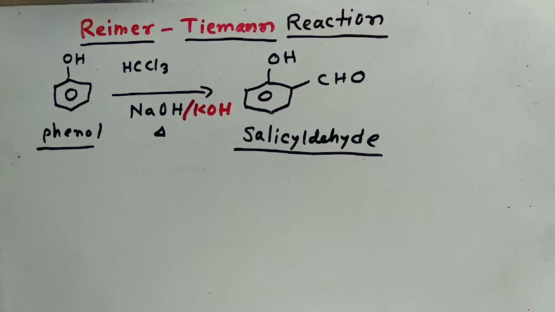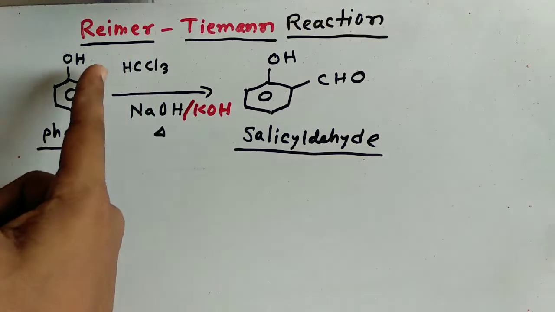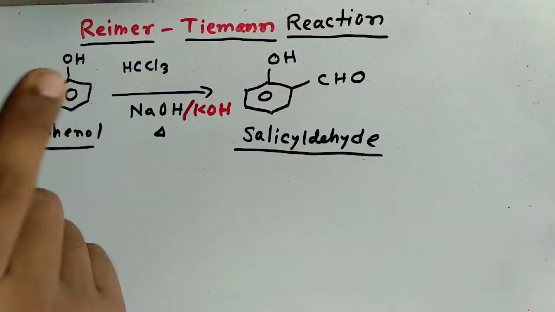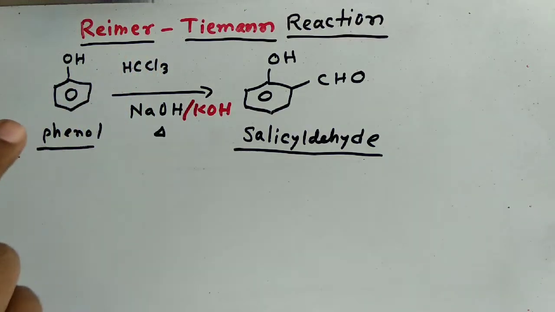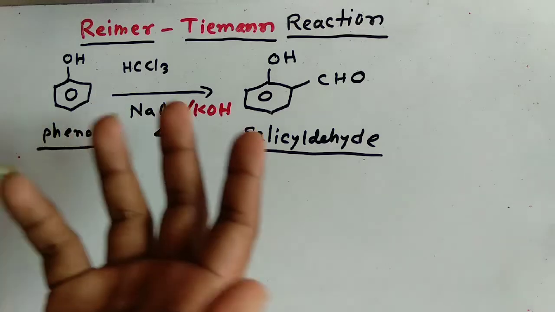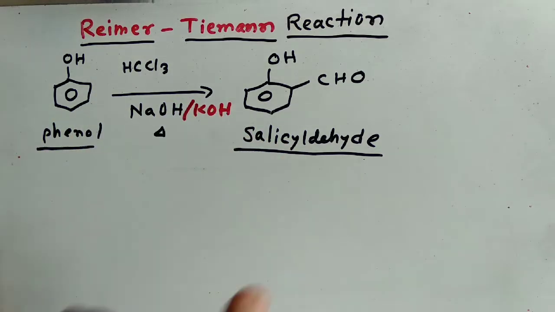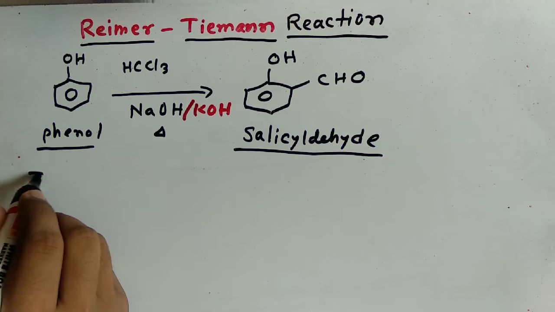Okay, so let's talk about the reaction mechanism. How do we get this product from phenol? This is a very common reaction and very important for NET, GATE and IIT JAM examinations. After discussing the mechanism, I will talk about what happens if chloroform is replaced by carbon tetrachloride, and what the final product will be. So first let's talk about the reaction mechanism of this